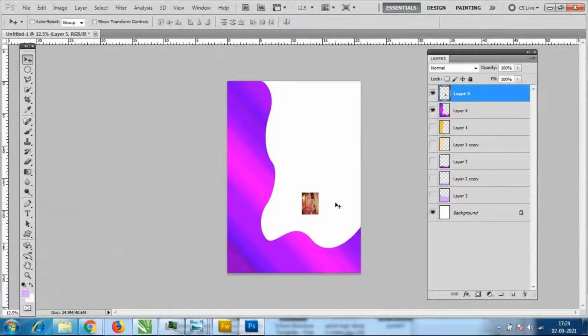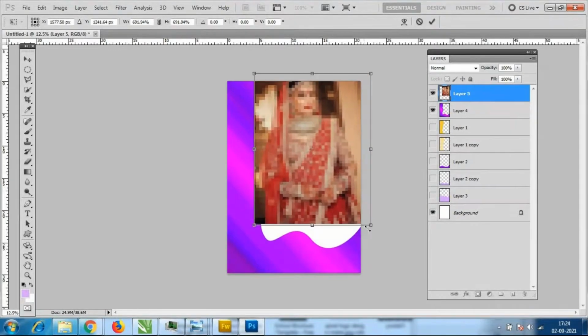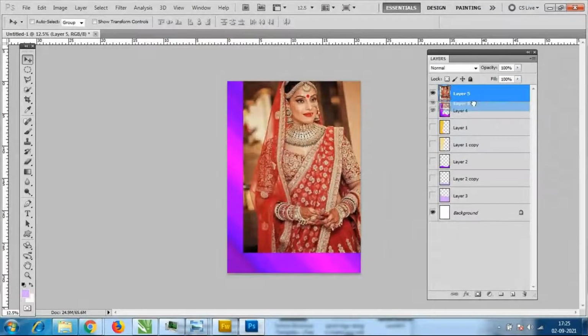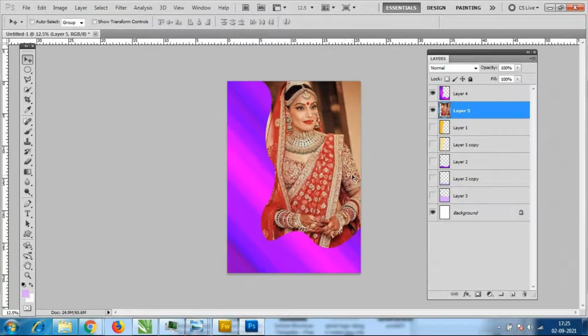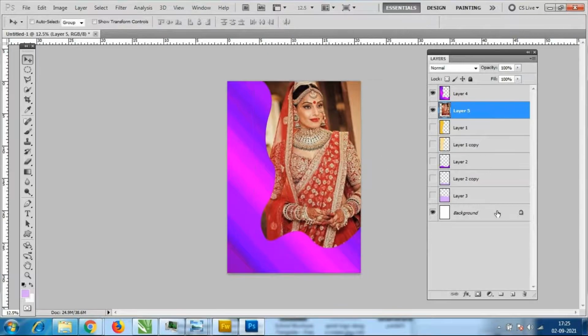Control T. I'll just increase the size of the picture. I'll send it back. So whoever has not done yesterday's shaping and all, if you are not happy with the framework, you can try to create like this also. Okay.